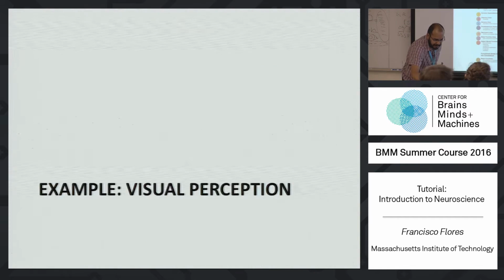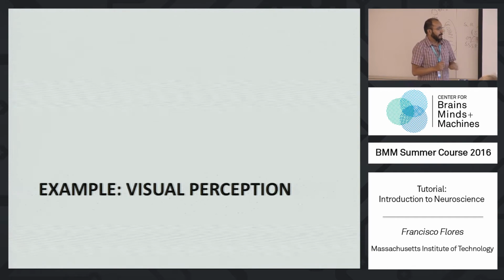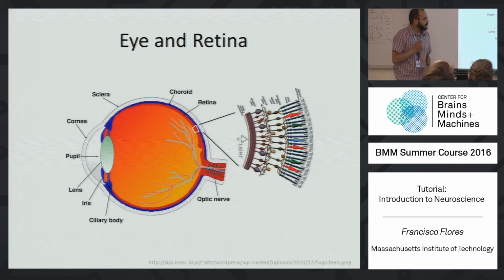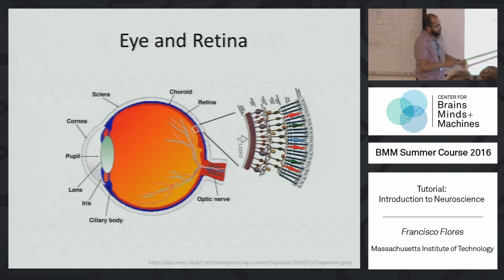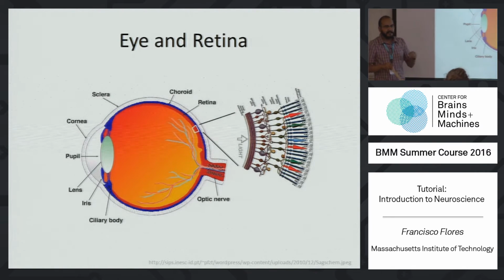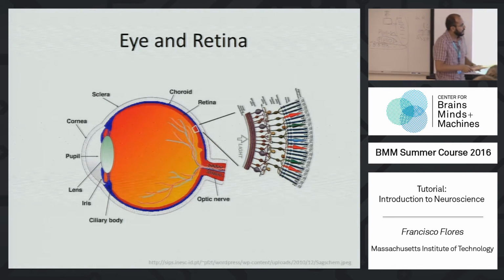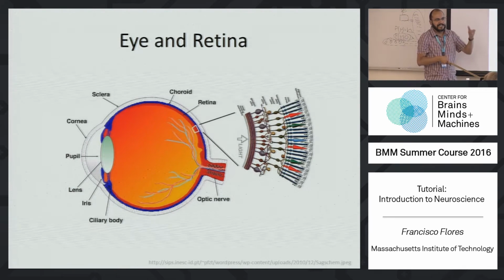So now let's take a look at a simple example of how this happens, which is visual perception, which is the best studied way that this happens. So this is kindergarten physiology, the eye. Typically the light will come in and it's going to hit the retina. The retina has this array of photoreceptors, which are right here, which are the ones that transduce the photonic energy of the light into an electrical signal. These are actually not neurons, these are just receptors, so they don't fire action potentials. They just change their membrane potential depending on the amount of light and the color of the light.